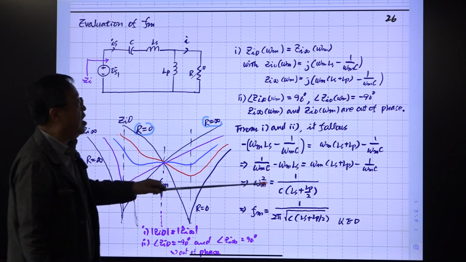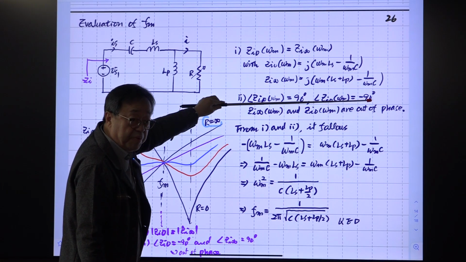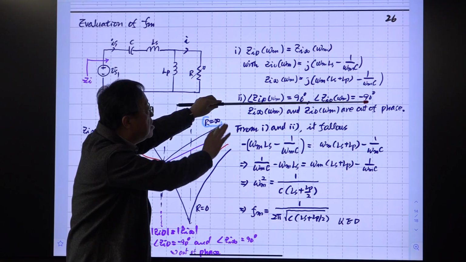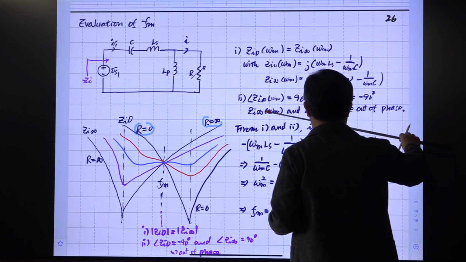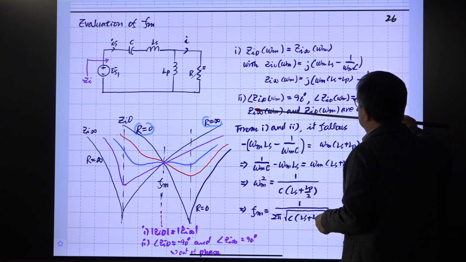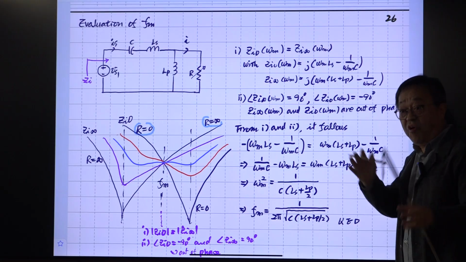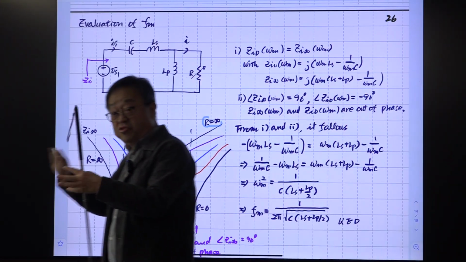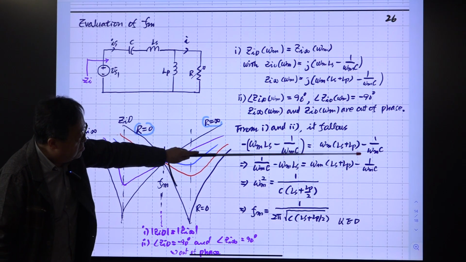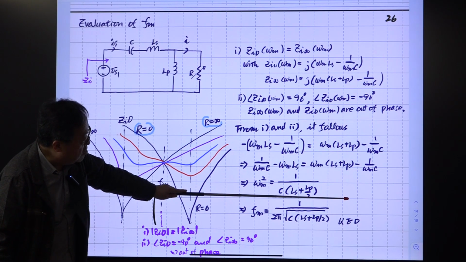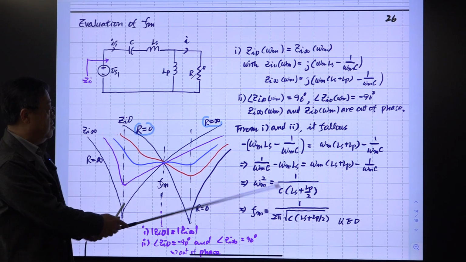So the magnitude should be the same, but we know this is out of phase, the input impedance of two things are out of phase, then this GI infinity. Okay, they are out of phase. Then you need a minus sign here, right? Because there's a 180 degree phase delay, the sign changes. So you need to put an additional minus here. Then you rearrange this and find out this frequency. Then Fn is given by this expression. All right? So this is the expression.